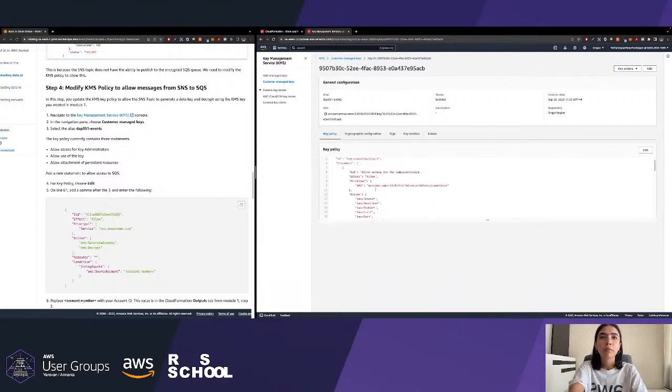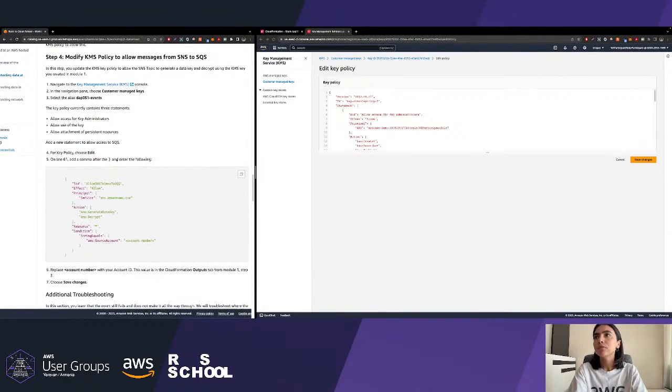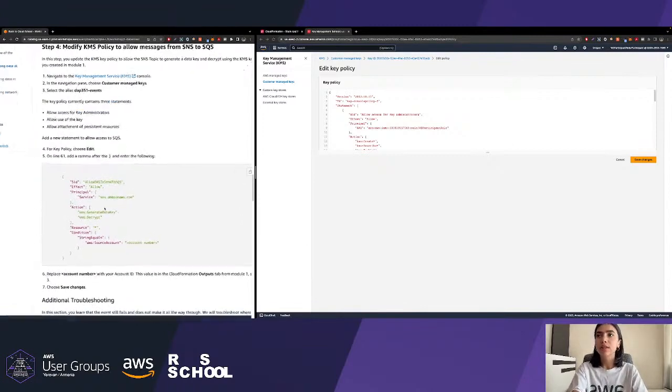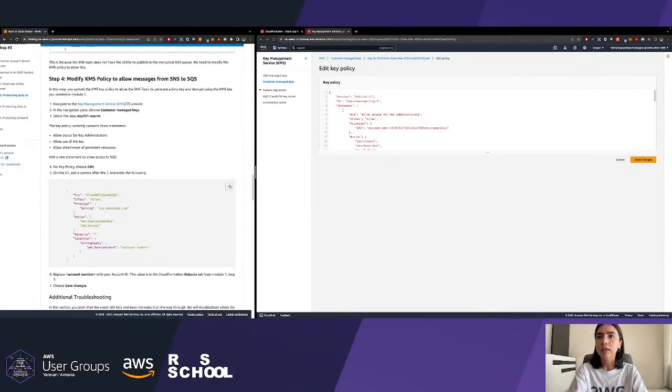And as you remember, we have only 3 statements in the policy. So edit it. And as you can see from the workshop documentation itself, it is suggesting to add the new statement to allow our SNS to send to the encrypted SQS queue.